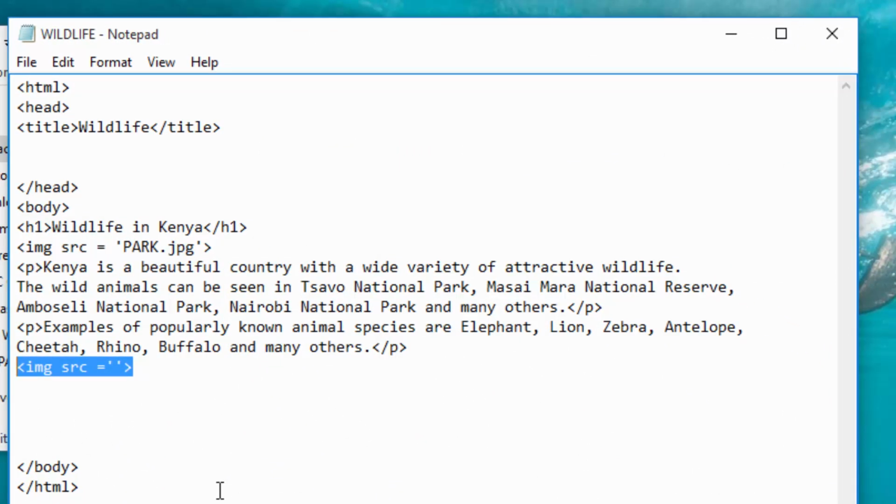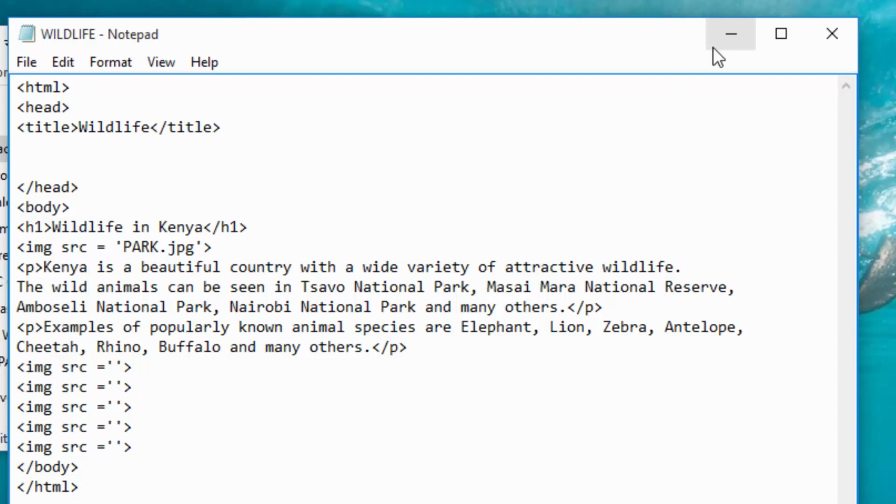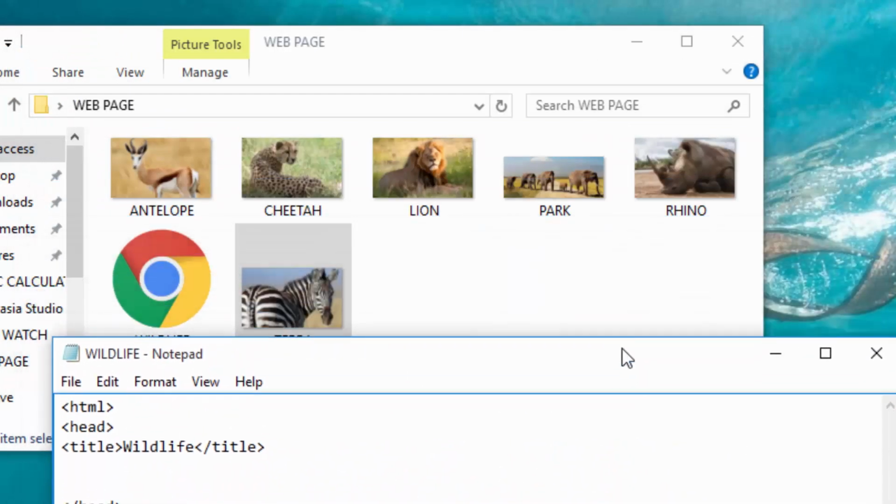Press Ctrl C to copy on the keyboard and Ctrl V, then Ctrl V again, to paste, then Ctrl and V to paste. So I want to fill these ones inside these quotation marks with the names of the pictures to show. So I will just come here,